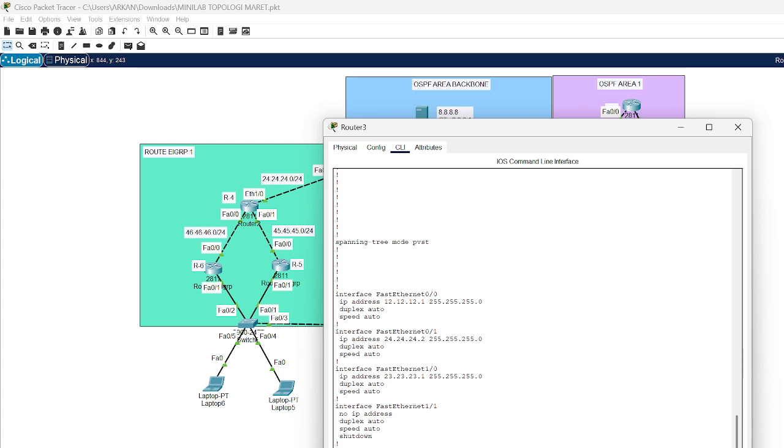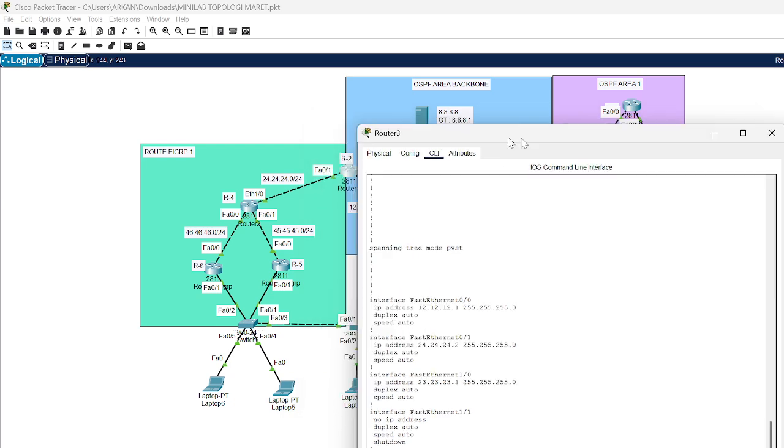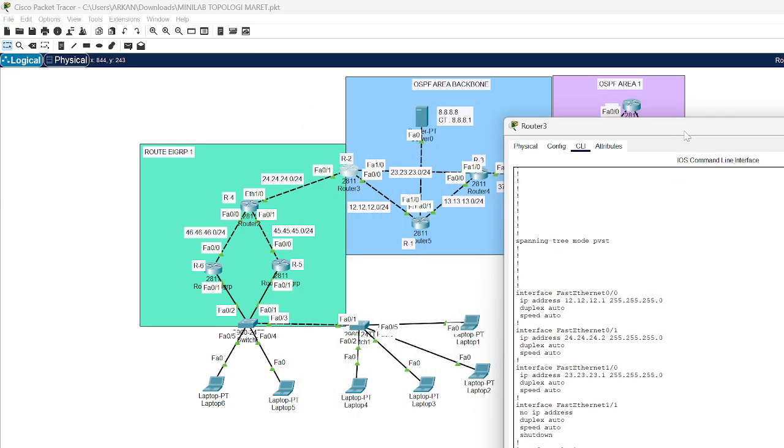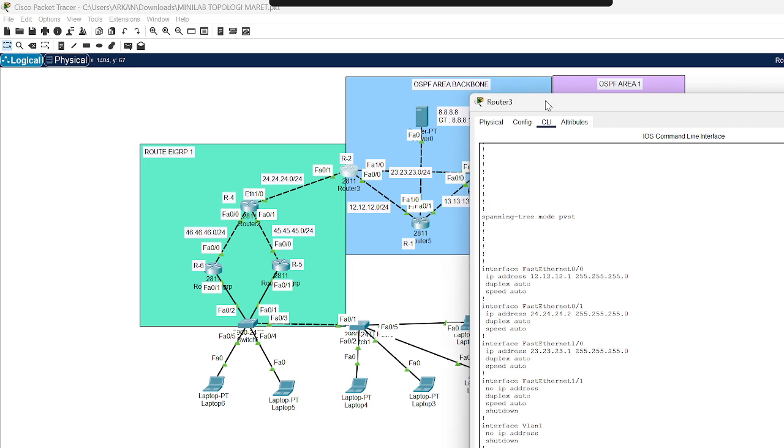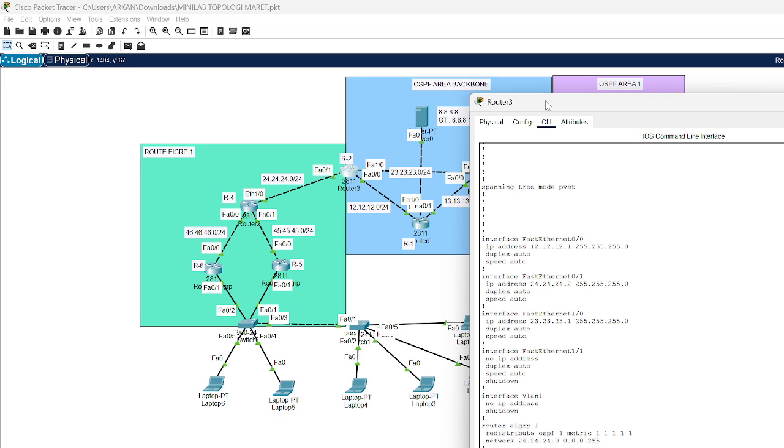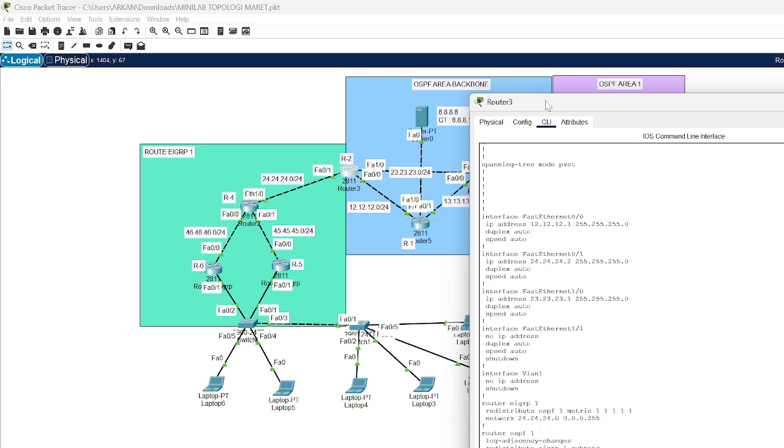Okay, in router 2, I make a special configuration, a redistribute. Because why I make redistribute? Because of the different protocols, from EIGRP to OSPF. So we must make a redistribute. The configuration of redistribute is like this.